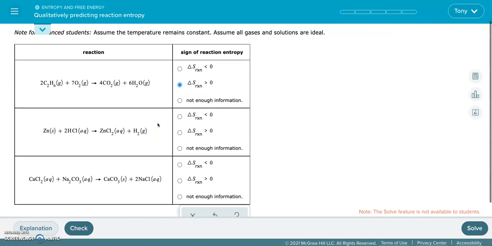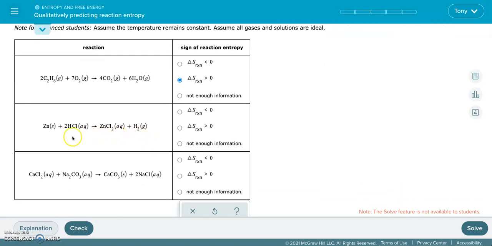That's it. For the next one, the thing that my eyes are being drawn to right away is that we've got a solid, and then we've got an aqueous phase. And then we've got a gas on the right-hand side. So the gas on the right-hand side really is going to be taking precedence here. We're going from a solid and an aqueous phase solution to an aqueous phase solution where the solid has now